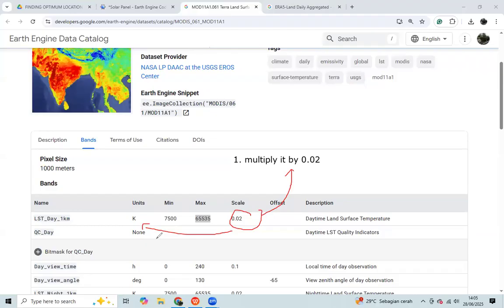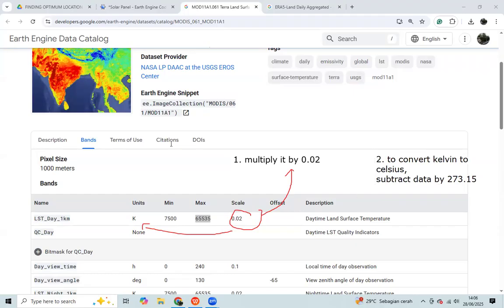We should change it to Celsius. To convert Kelvin to Celsius, we subtract the data by the coefficient to convert the Kelvin to Celsius.